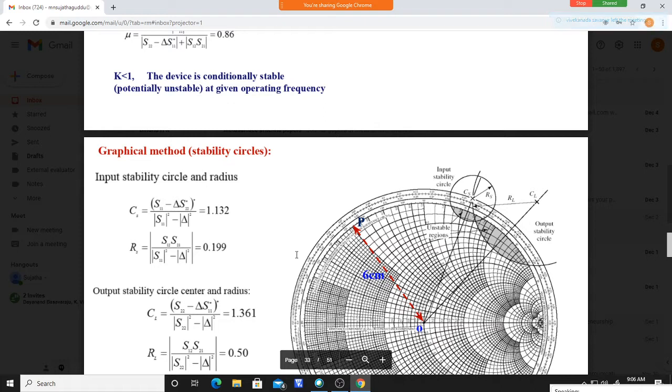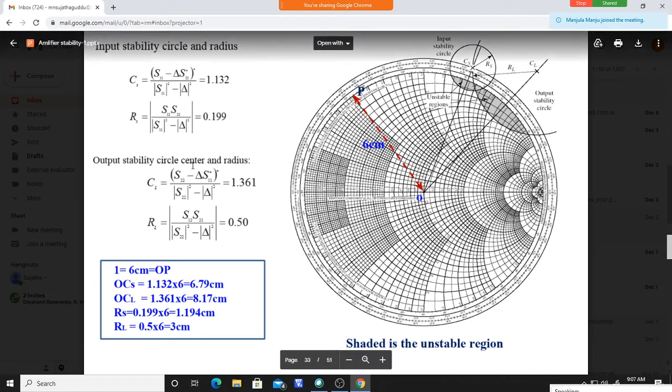That means finding the impedance values to set for a matching network: the source impedance ZS for the input matching network and the load impedance ZL for the output matching network. The impedances we choose, ZS and ZL, must be in the stable region. That's why we have to draw the stability circles. From the stability circle positions, we can know which is the stable region and which is the unstable region. We saw that in the previous class.